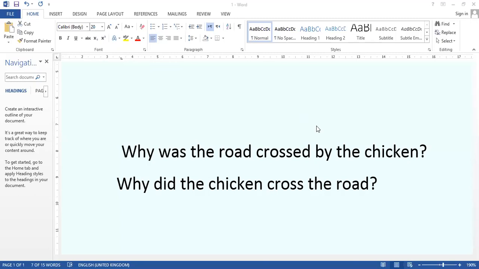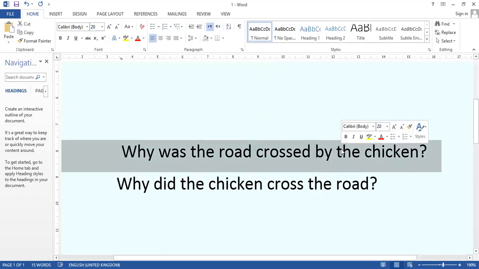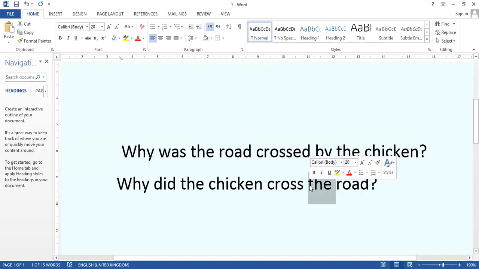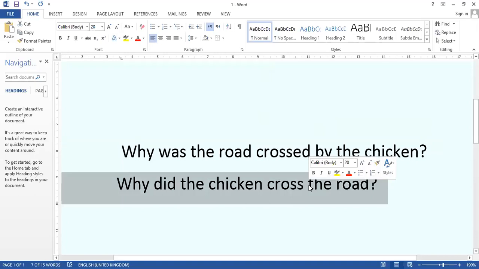Okay, now, as we said, the first question is in the passive voice, while the second one is in the active voice, right? We usually use